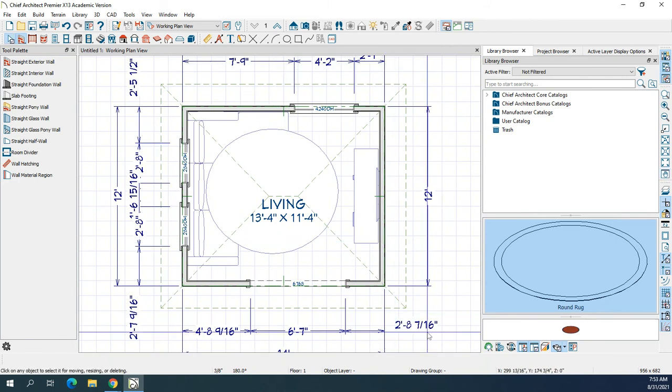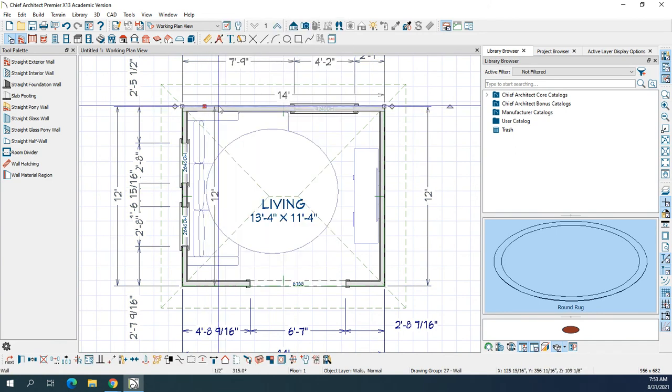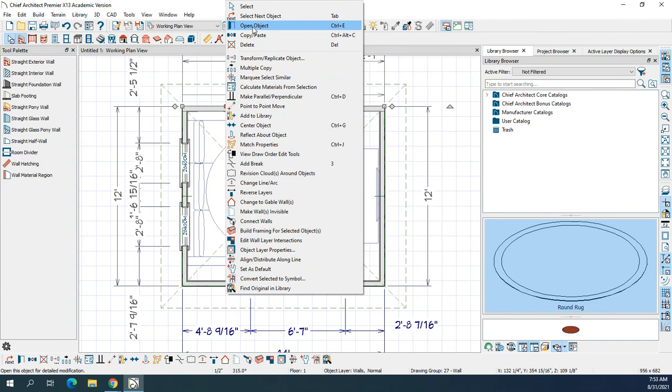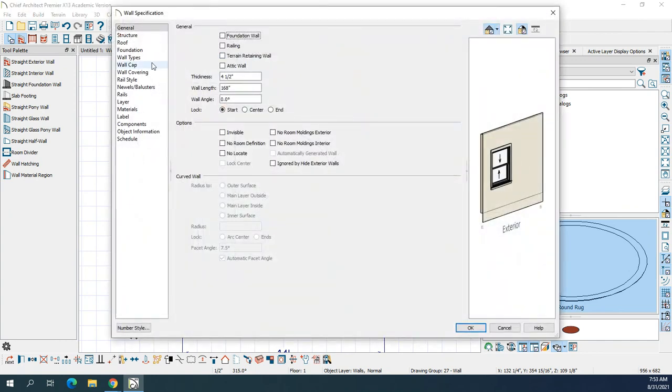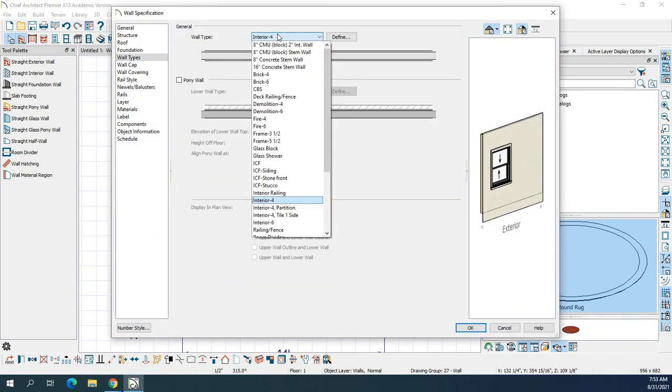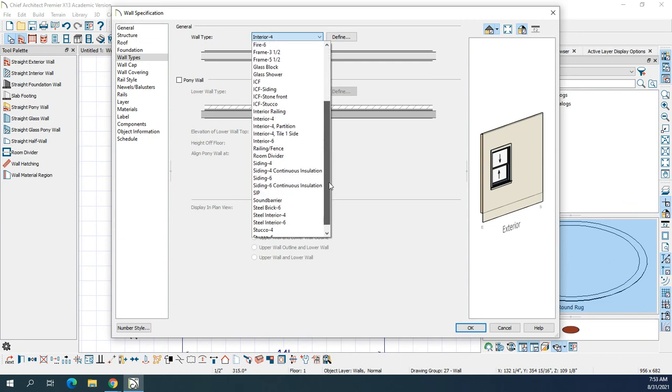So when we built this room, we built it so we had all interior walls. Now that we put windows in, you would not have windows in an interior wall, so we need to make those exterior walls. So if we right click or select that wall with a window, right click and go to Open Object, we can actually change the wall type. So if we go down,